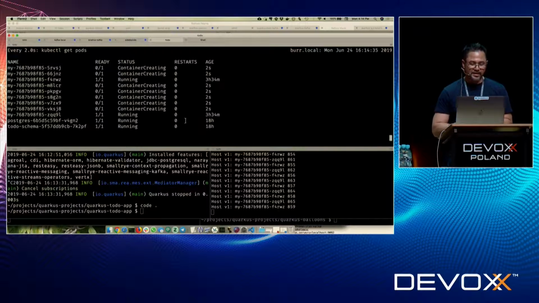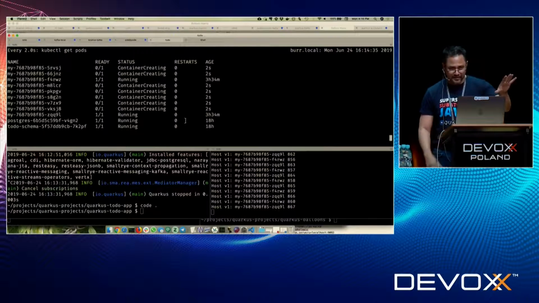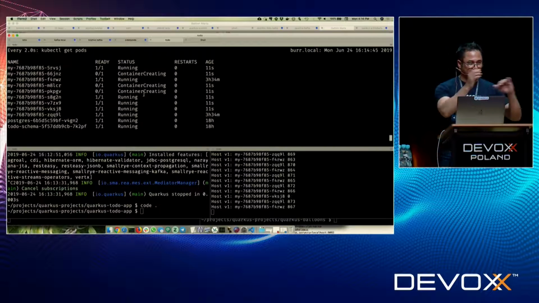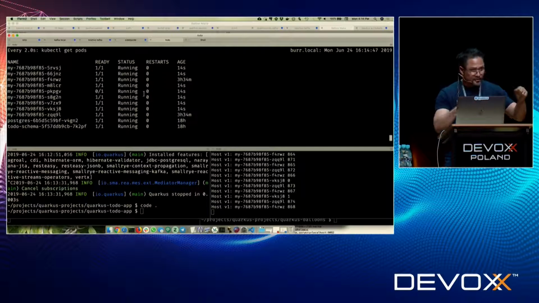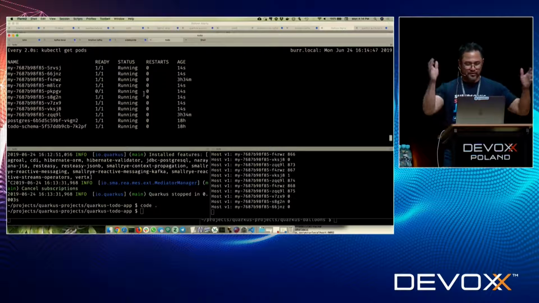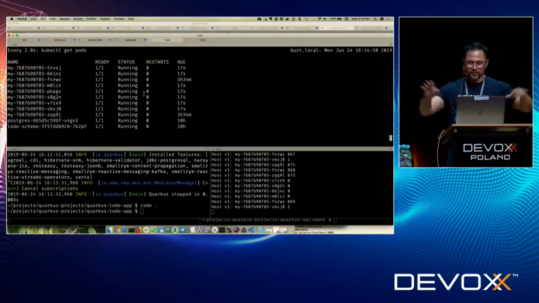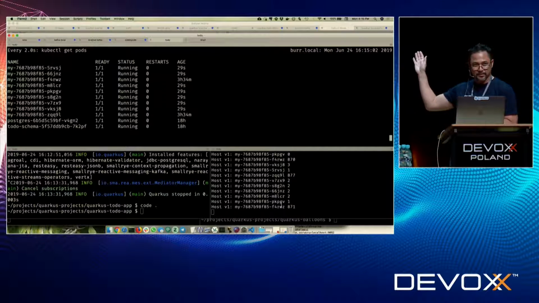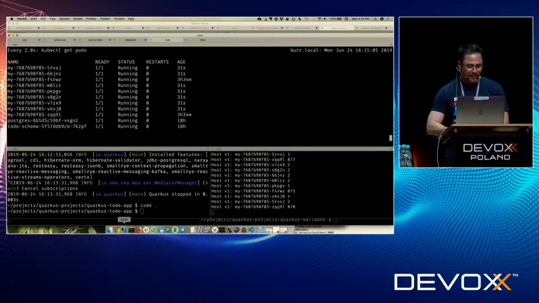So basically, we just said, Kubernetes, I need 9 of these things to run. I need 9 servers running right now. Get them up as fast as you possibly can. And you can see it's in this container creating phase, where that basically means it's told etcd, I want this new world view to be available to me. I want it deployed. Find servers to run it on. And now they're all up and running. So we went from 2 computers to 9 computers in a few seconds there. And you can kind of see it's automatically load balancing across all of them. And it is a working application.